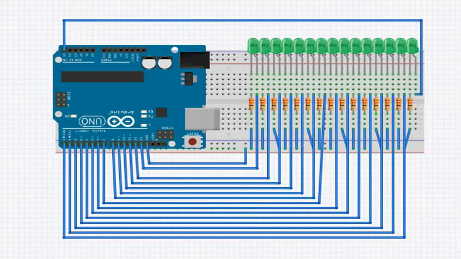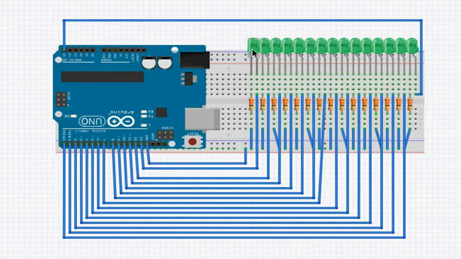This is the breadboard view of the project. As we can clearly see, these are the 15 green LEDs we were talking about, and here the cathodes of all the LEDs are commonly grounded to the ground pin of the Arduino board. But here we see that they are not directly grounded, but there is a resistance in their path. The current output of an Arduino board is somewhat higher than what this LED can withstand.